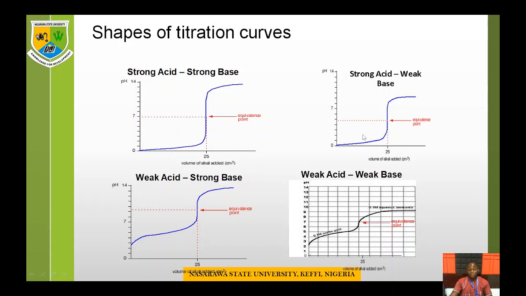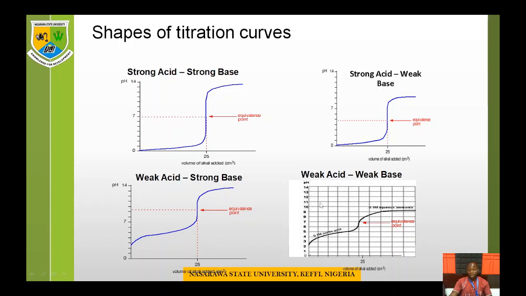So now let's consider a weak acid against a strong base. You can see that the pH has gone way above 7. What is the implication? The implication is that a higher amount of the base is required. So if you are to run this acid through a burette, we discover that the volume of the acid that gives you a color change is quite small compared to the 25 for the